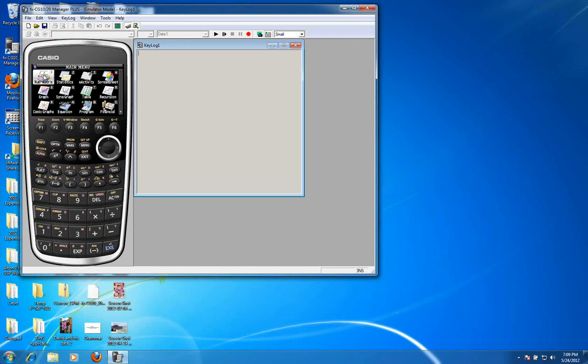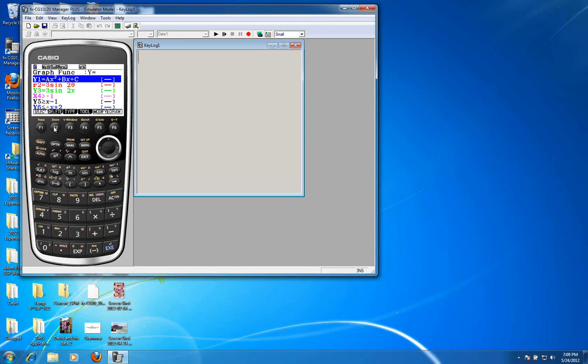When we want to run things in parametrics or function mode, this is the basic layout of the calculator. I have to go to Graph, and you'll see that I have some functions already included. So I'm going to delete a few of these. Apologize for not doing the house cleaning a little early. And hopefully none of the functions are turned on, so we'll see if we can get started.